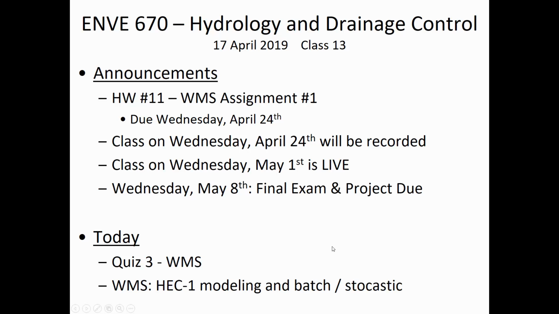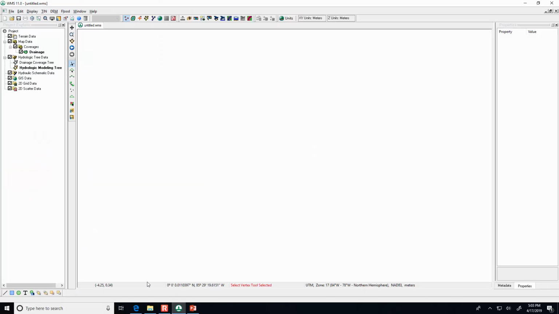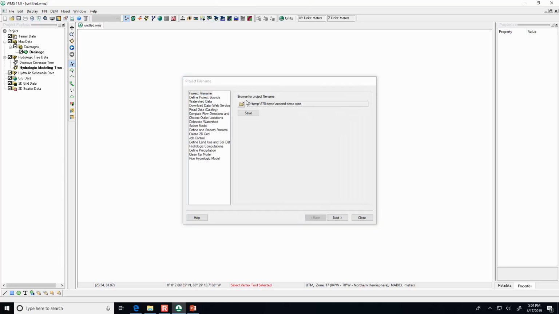So I know that you've got WMS already going. Let's move to Morgantown. Here's a handout for you that's just roughly going to give you an idea of some of the steps we'll be going through today. But actually, let's just go through it together rather than you trying to do these steps manually and individually. The first thing that we need to do is find the actual location of the site. And so let's go through the wizard and save the project.